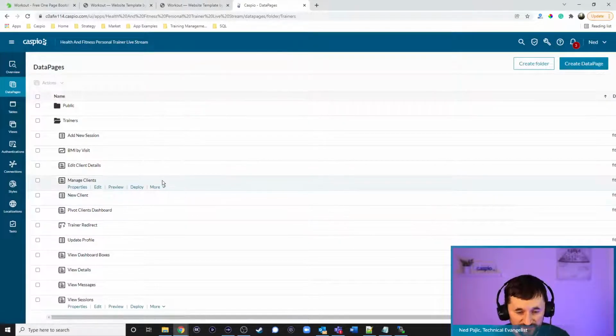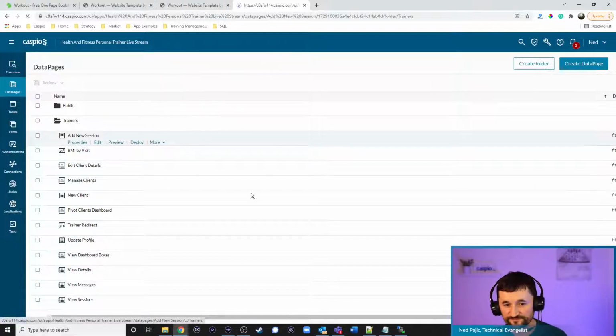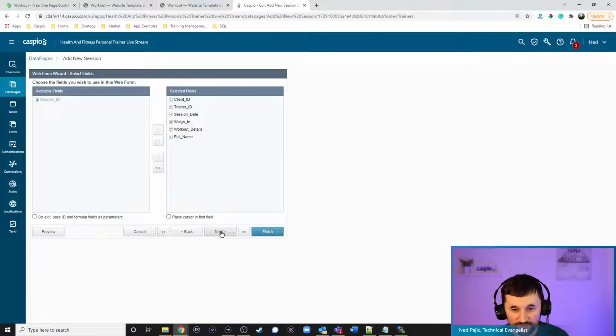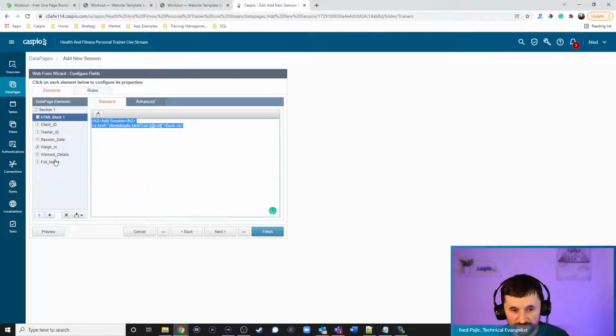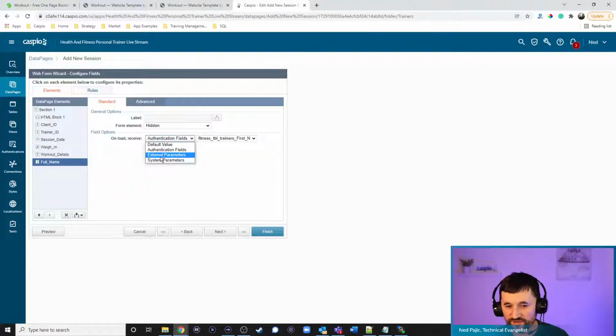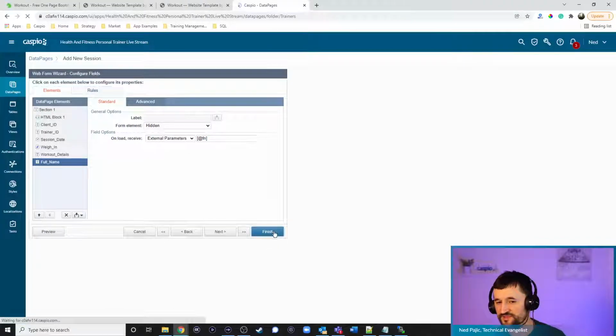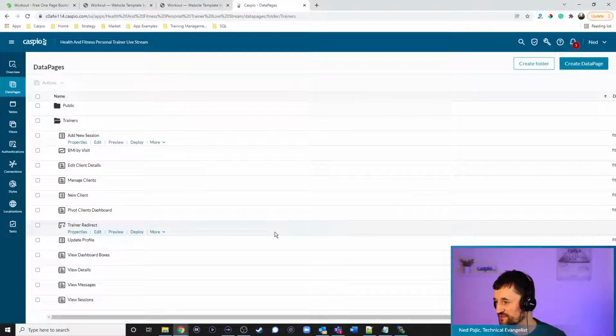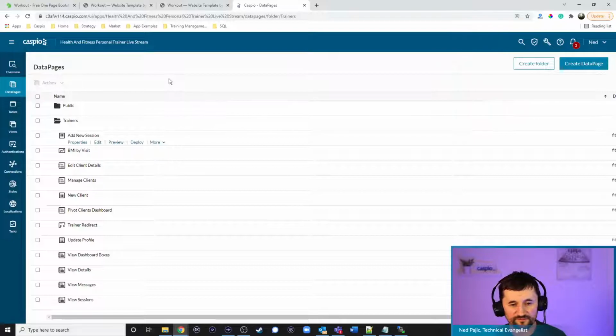And then on the submission form, where we add a new session, we are not going to use that method. We're going to use the external parameter, and we're going to receive FN into a hidden field. Okay? That will stamp the full name into my sessions table. So that's correct. And I'm trying to remember why I did that. I thought I was using it for my, oh, I did it for my chart,